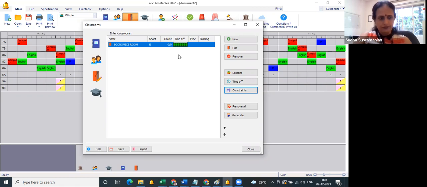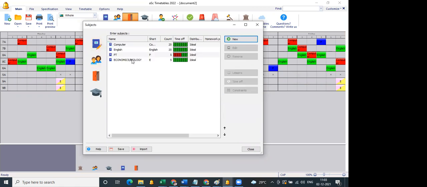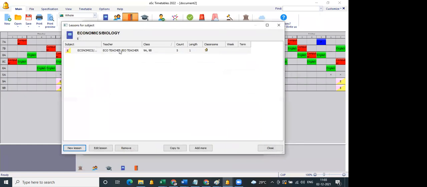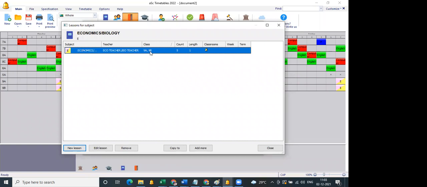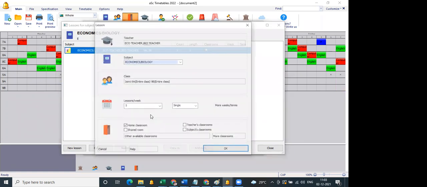So as of now, considering economics and biology for classes 9A and 9B, this is going to happen 5 periods a week. And the classrooms, I already defined the economics classroom.